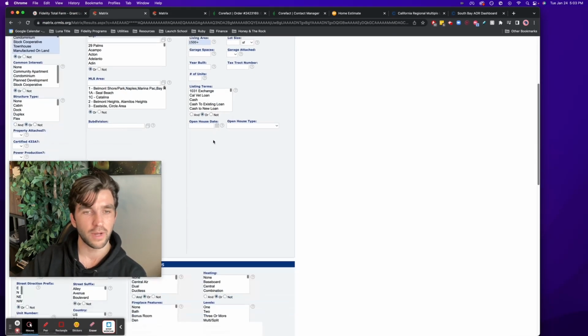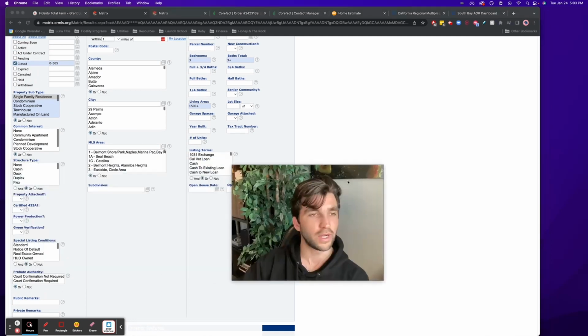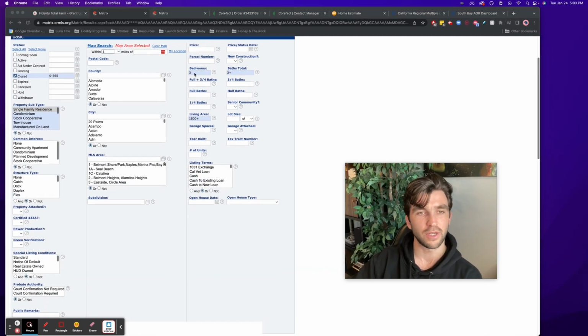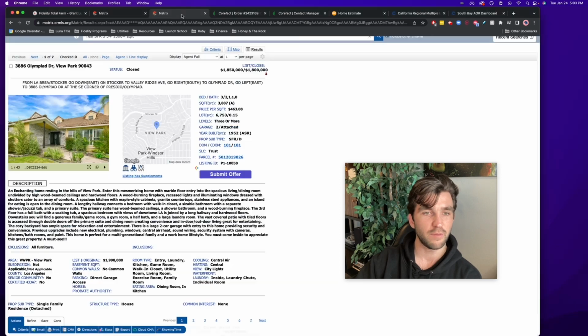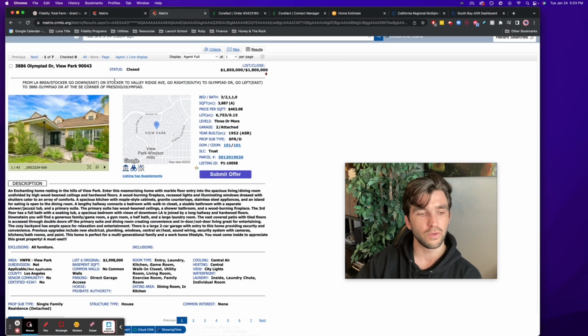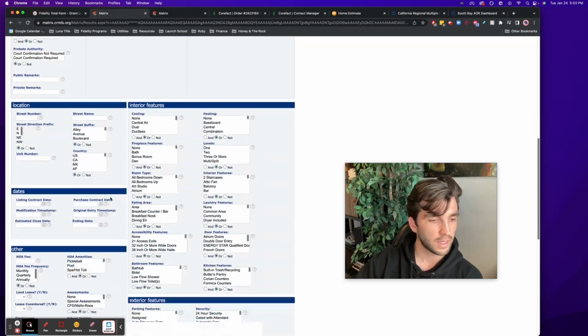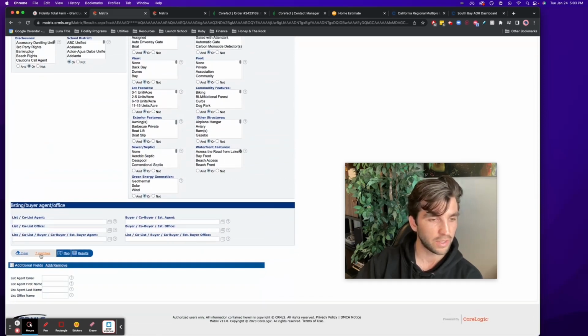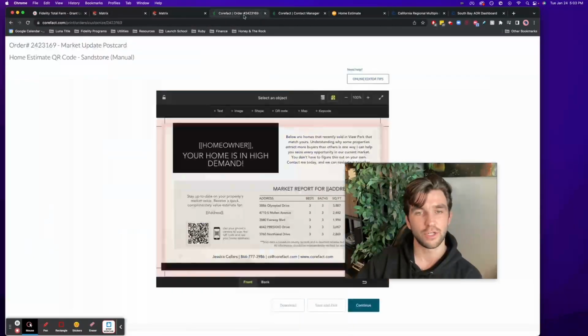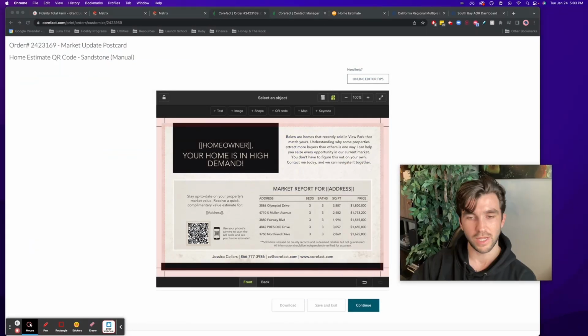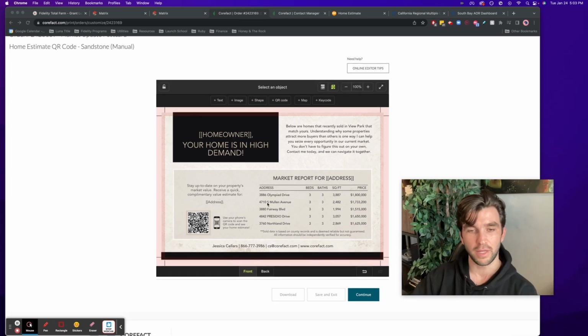And then on top of that, what I did is I looked at the criteria of selling in the last year, and I entered in 3 bedrooms, 3+ bathrooms, 1,500 plus square feet, single family residences only. And essentially it gave me results. So I just filtered through these results. It gave me 7, I believe, results down here, 7 matches. I just took 5 of those that I thought were good comps for that property, and I just placed them